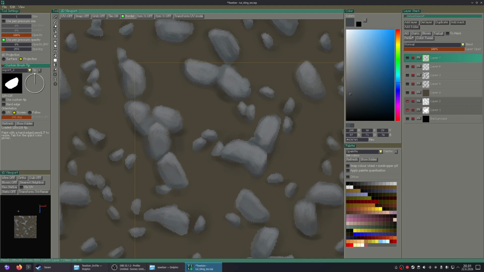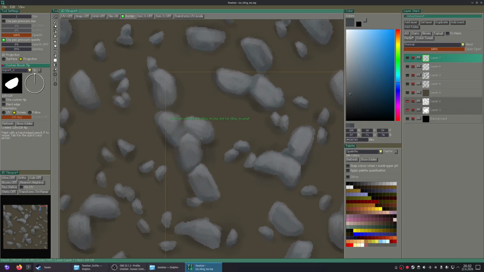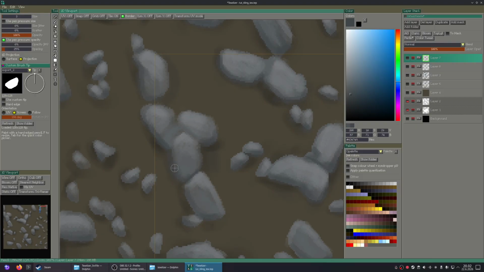And yeah, of course, there's the 3D viewport actually, which you can use like a little zoomed out view, so you can see your texture there while you paint. Oh, that's a bit too dark.